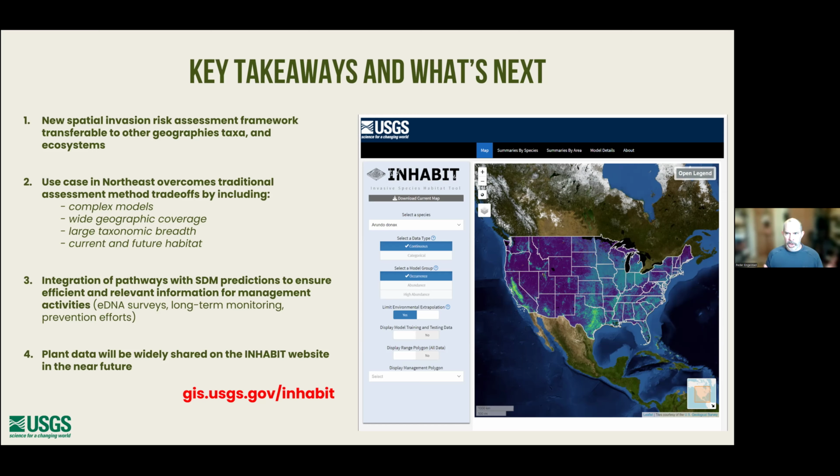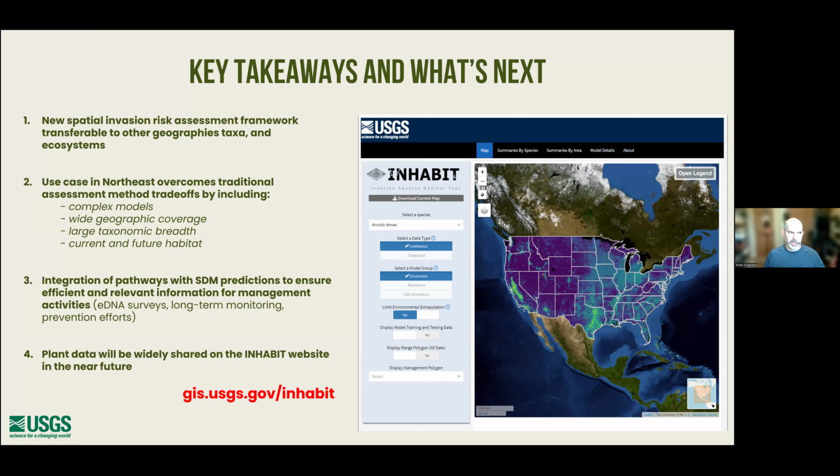But what we hope is that with this approach we can thread that needle of having complex models that still predict across a wide geographic area and can cover a lot of species, and really get at that early detection piece, to explicitly integrate both current and future habitat, and then roll that pathways piece in there to really constrain that information of suitability,